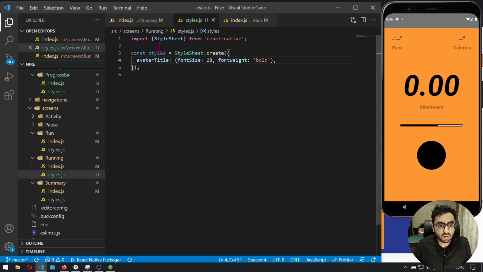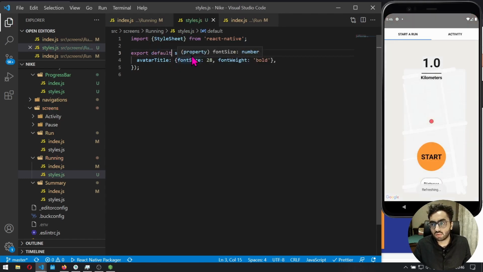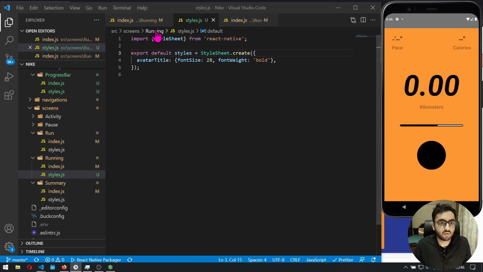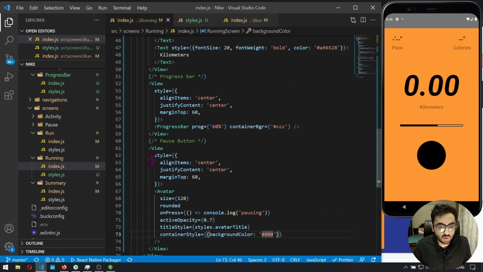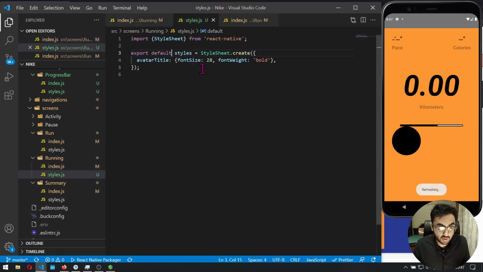Sorry, we are not making use of this export styles. Export default styles. All right, so first let us move all our styling to the main style sheet. So this is in a container, so this is constant, so I will just put it in containers. All right, so let me add over here first in containers,